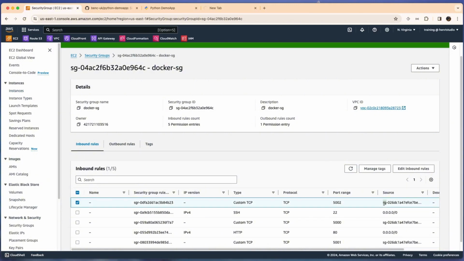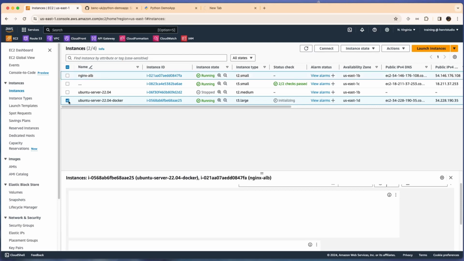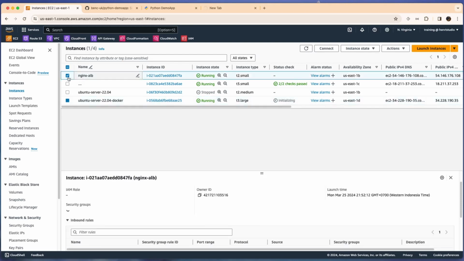So in this case, only our LB, our Nginx reverse proxy server, uses this security group.